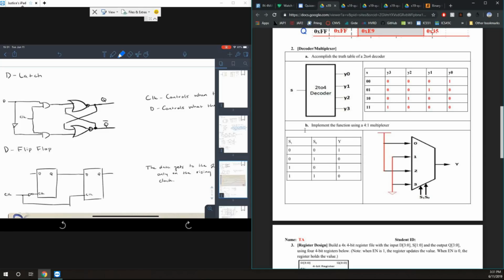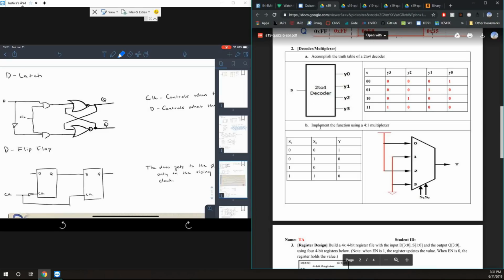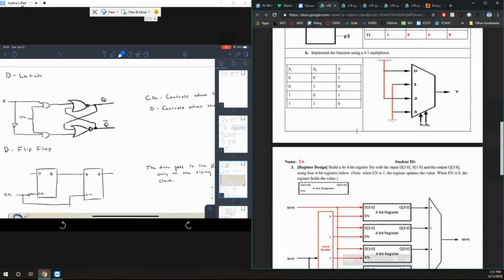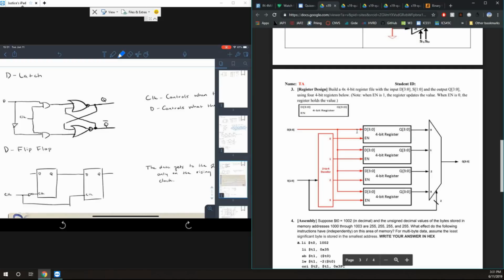Quiz 2 version B. That's what this is. This is quiz 2 version B. Number 3. Okay. What's your question about this one? Like just how it works in general, or